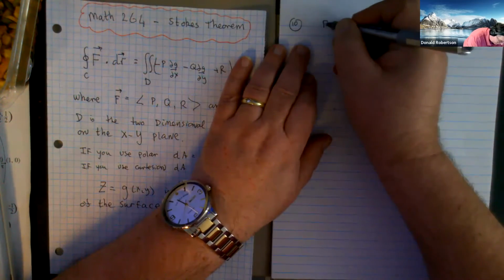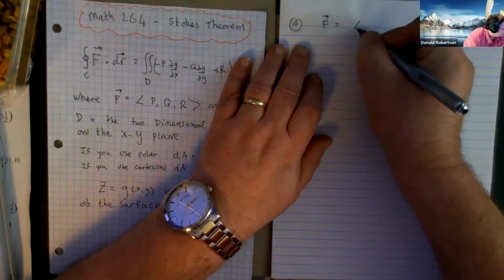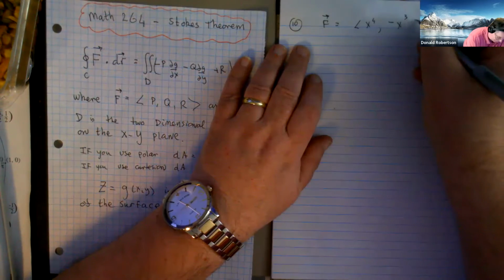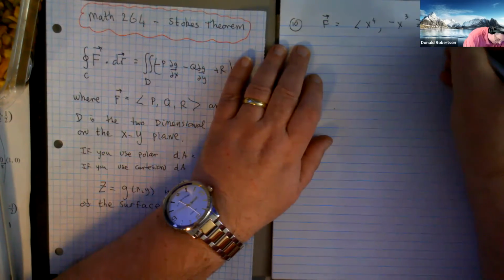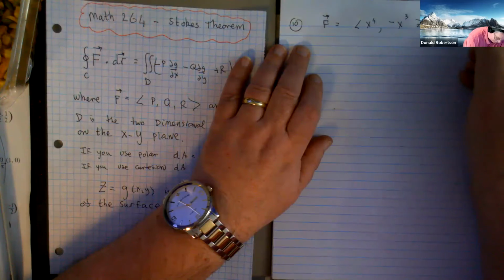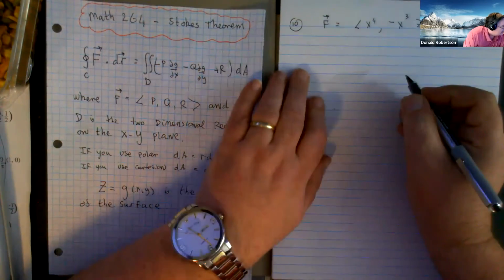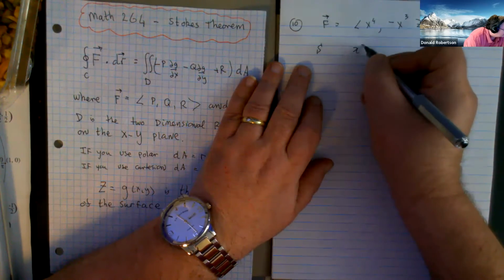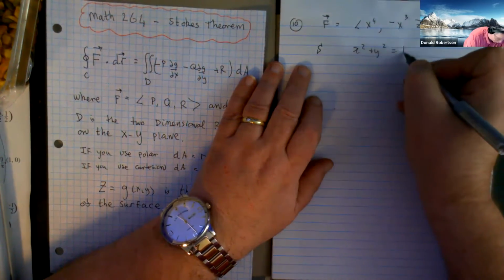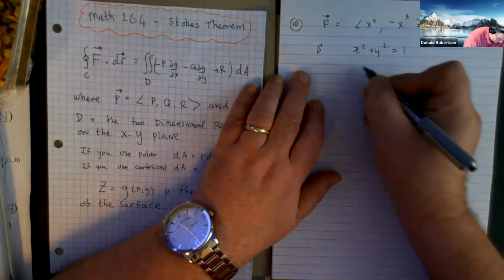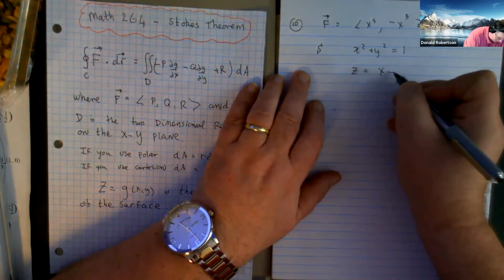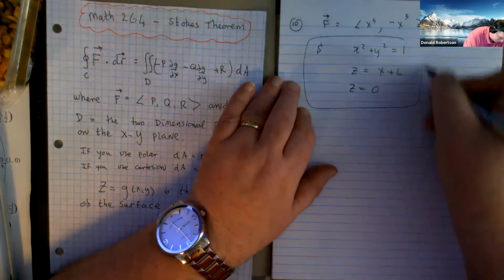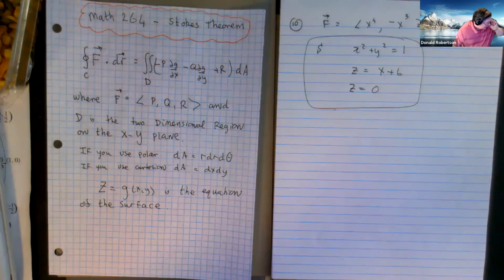Right, in question 10, our vector field is x to the 4, negative x cubed z squared, and 4x y squared z. And our surface, they're describing it as S, is basically x squared plus y squared equals 1. And it meets up with the planes z equals x plus 6 and z equals 0. So we have to try and create what essentially would be